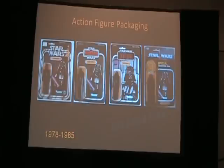So here's basically the card backs for the vintage line. Unlike today's toys, they basically released the same figure for every movie. They would have an updated one for the new clothing outfits that the characters had, but there are a few figures like Darth Vader, Ben Kenobi, and Chewbacca that were released on every single line of packaging,